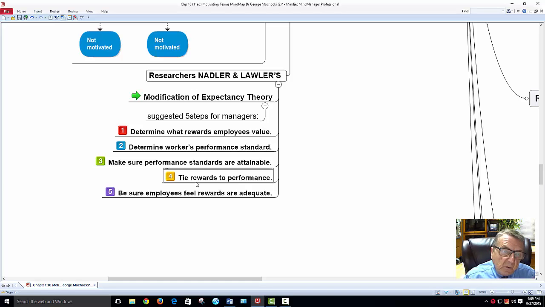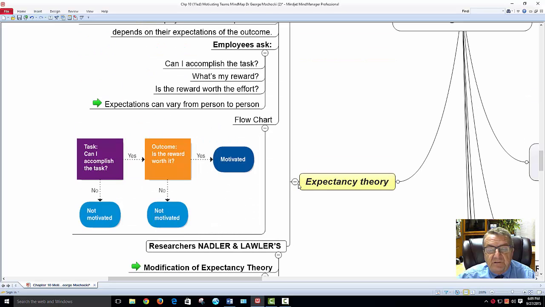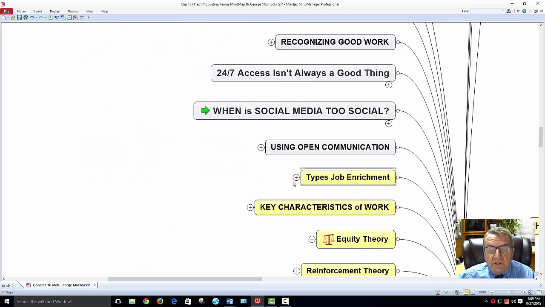You don't see that out there when they're working with high voltage. I work for ComEd, you're very aware, so you're more focused. You don't want to hurt yourself. You have a higher potential, okay? All right, so that's the expectancy theory. Now, the next one you're going to look at is